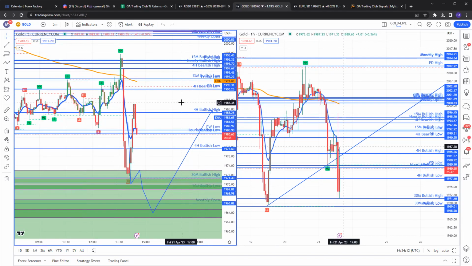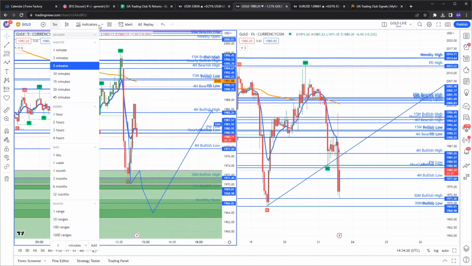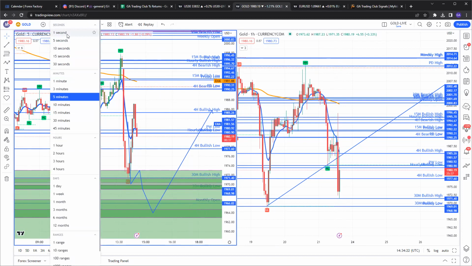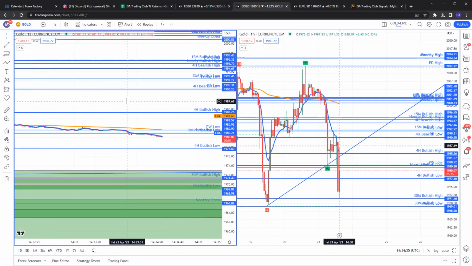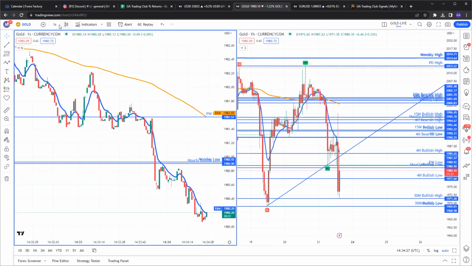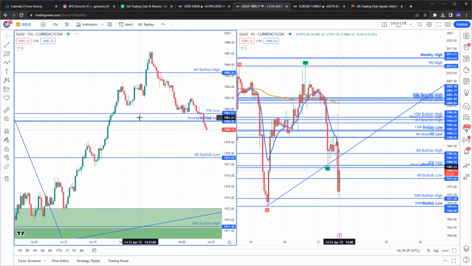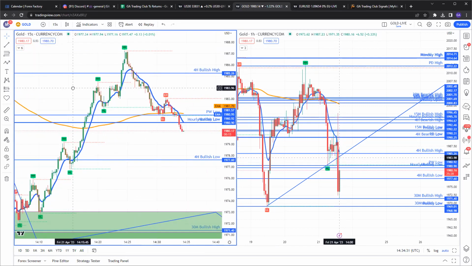Price moves from one area of liquidity to another area of liquidity, whether it's hourly, 4-hour, even down to the 15-second candle. Even for me, since I have the Telegram, TradingView Premium, if I wanted, I can trade the 1-second candle, right? If I wanted, I can trade the 15. So even on the 15 seconds, like literally, there is